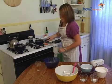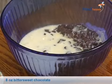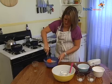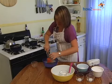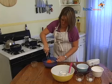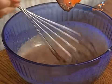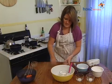And now that your milk's up, you can add that to the chocolate. Stir it all together. And once it's all combined, you add your shot of Jameson. It's easier with a whisk. So once that's all combined, you're going to kind of set that to the side, and we'll start on the